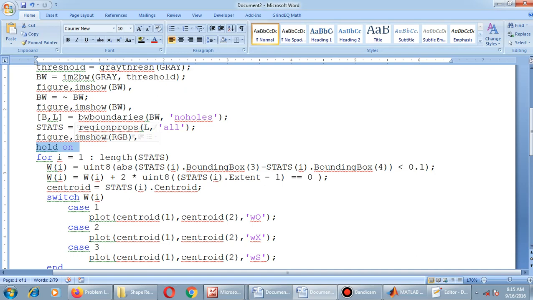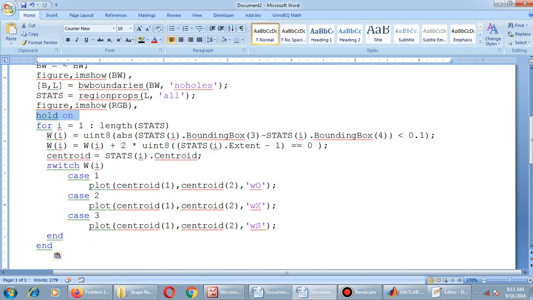where the previous graphical output, the previous picture output, is kept still, so that the plotting is exactly plotted. We are going to plot exactly on that shape, right? If that previous image is moved, the plotting may vary, so we are keeping the hold on. It's a graphic function, and